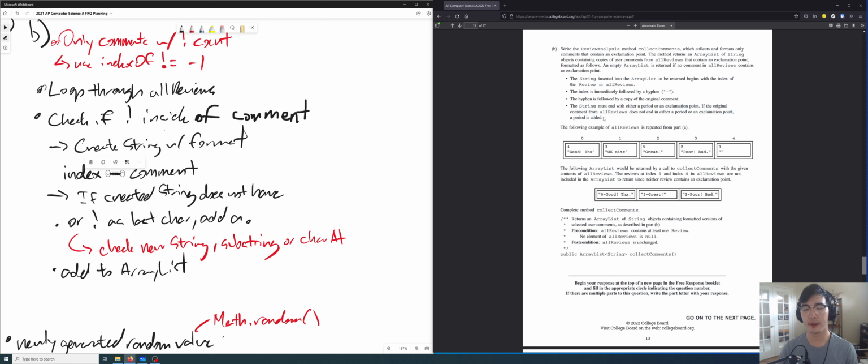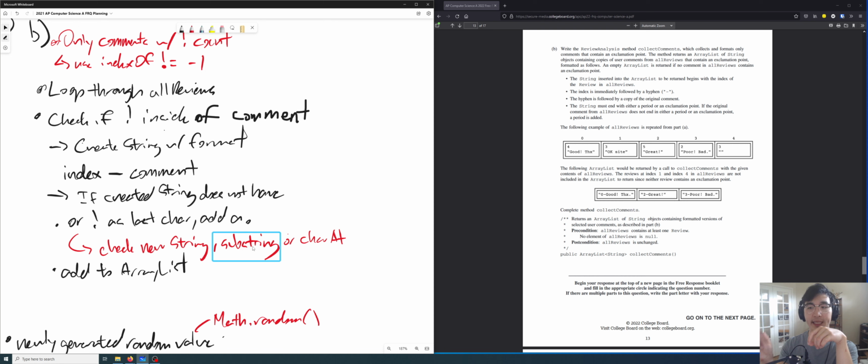So I was thinking, okay, well, you could use .indexOf. That tells you if it has an exclamation point, right? But it doesn't tell you if it ends with an exclamation point. So how could you find out if it ends with an exclamation point? Well, you can use substring, and you can grab the last character using substring, something to do with the length, -1 probably. Off the top of my head, I'm not sure, but I know I can use substring to grab the last